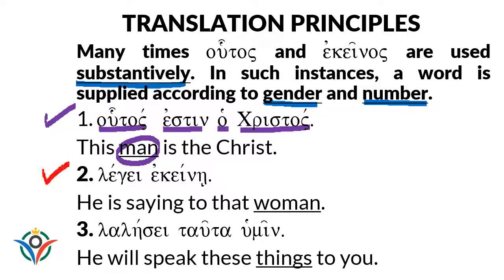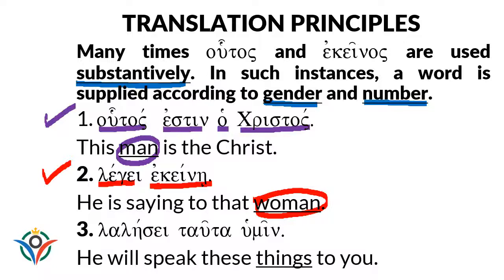And the second example, we have legei ekene, which we translate as he is saying to that woman. Right, so once again, there is no Greek equivalent of woman in the text. So where do we get woman from? Well, we can see that ekene is a feminine gender and it's singular, and so we supply the English woman